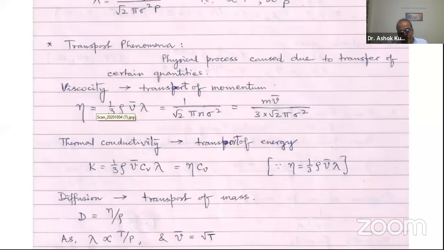So meaning there will be a velocity difference, and due to that, what will happen? There will be a velocity gradient. Now the question is how these two layers will interact, how these two molecules will collide. It is only possible when some molecules from the lower side go upside and some molecules from the upper side go to the lower side, and they will interact and collide, because it is a gaseous medium, a fluid medium. So this interaction of molecules will